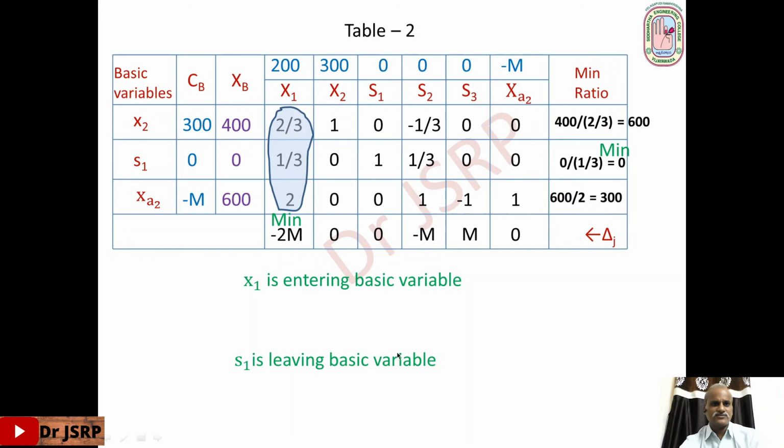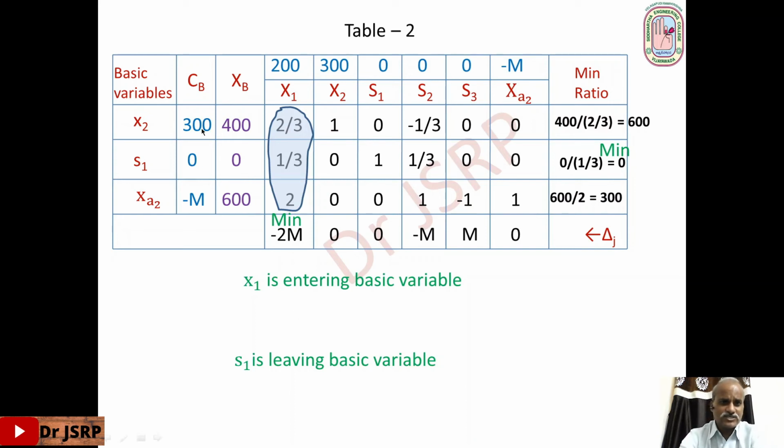Okay, right. Observe here the solution. One of the basic variables is 0, so this is a degenerate solution. How does the degenerate solution arise? Observe in the previous table, the minimum ratio test is not unique. There is a tie for the minimum value in the minimum ratio test. In that case, the next solution is a degenerate solution. Keep this in mind.